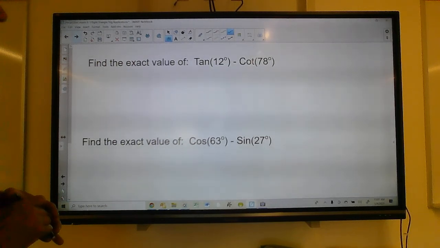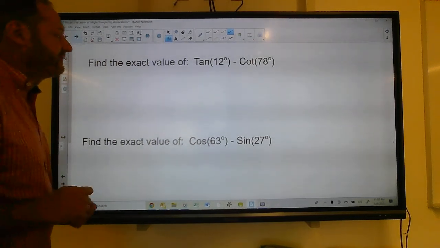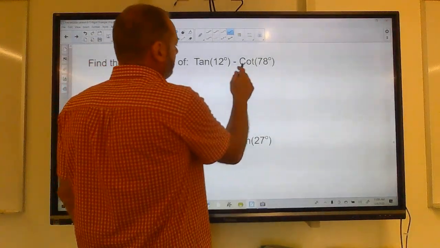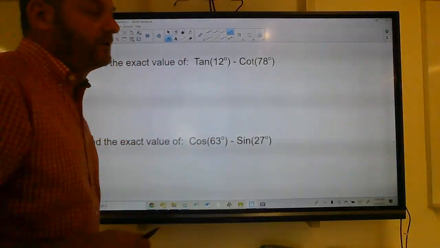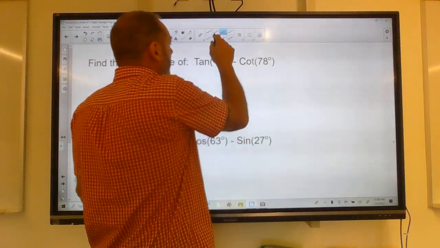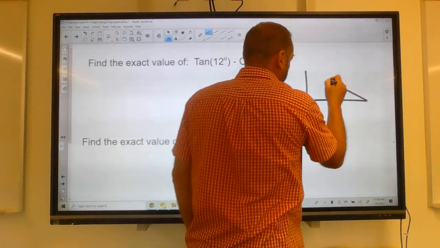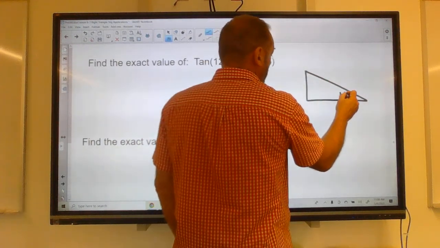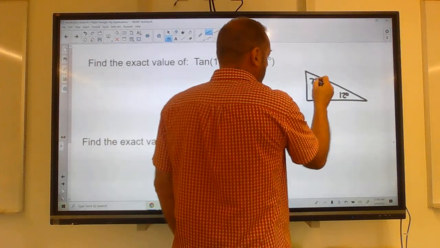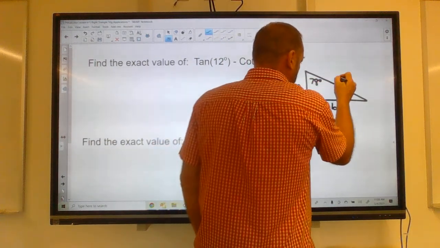So I've got the tangent of 12 degrees minus the cotangent of 78. If I look at that, these two angles add up to 90. All right? If they don't add up to 90, I really can't do this. But if I have a right triangle, and this is 12 degrees, and this is 78 degrees, and I label my sides A, B, and C,